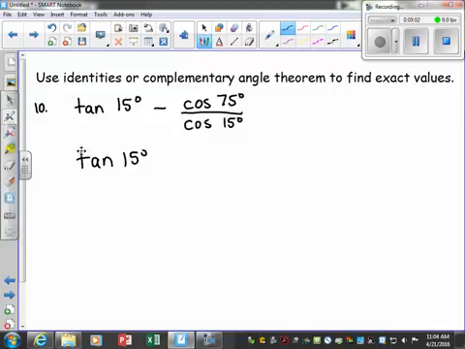Now over here, let's think ahead of the game to where we're going. What's tangent? Sine over cosine. Well, this is not sine over cosine yet, but is there something I can do with this to make it sine over cosine? Yeah, we can do our complementary angle theorem for that numerator, and I'll do it in a different color. So cosine of 75 is going to be equivalent to the sine of 90 degrees minus 75 degrees. Right there. Leave my denominator alone,